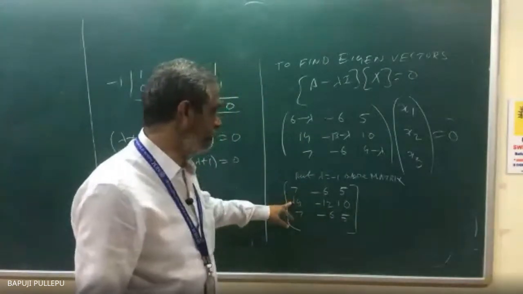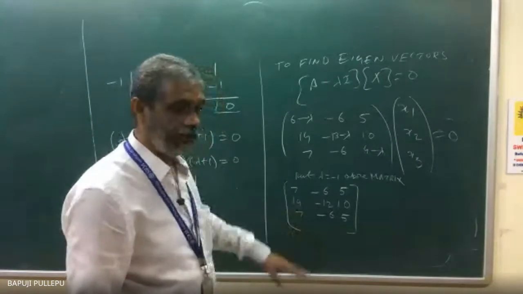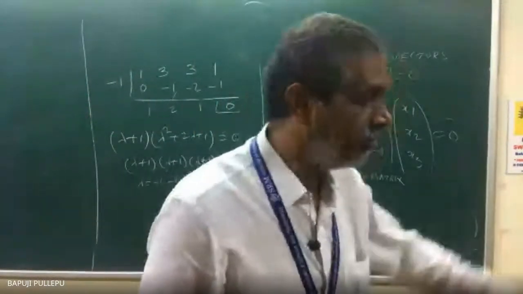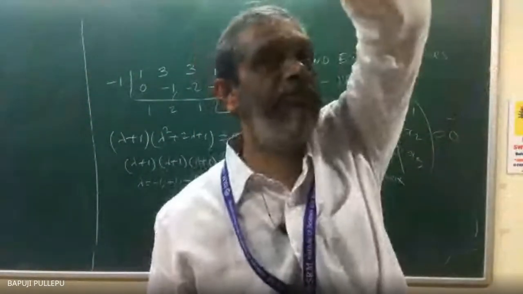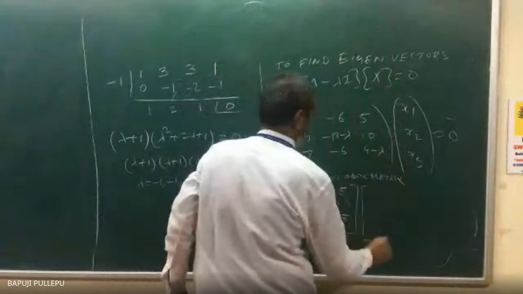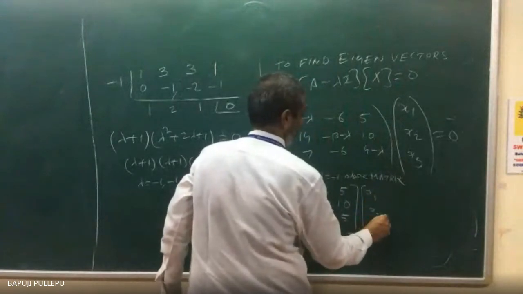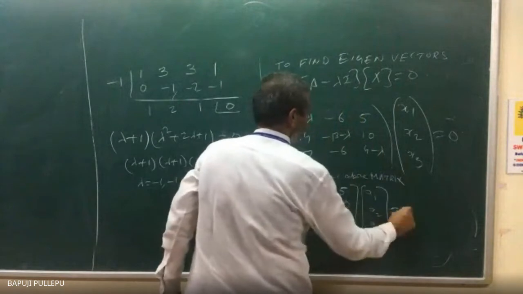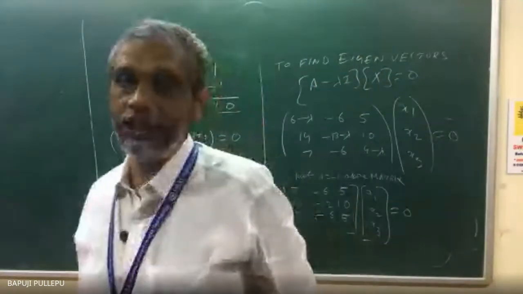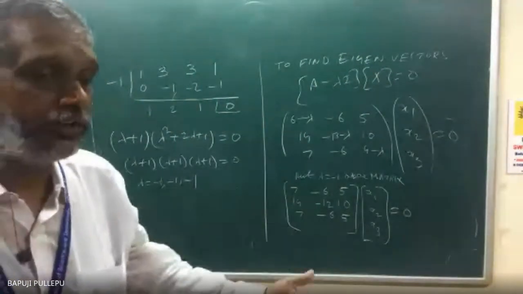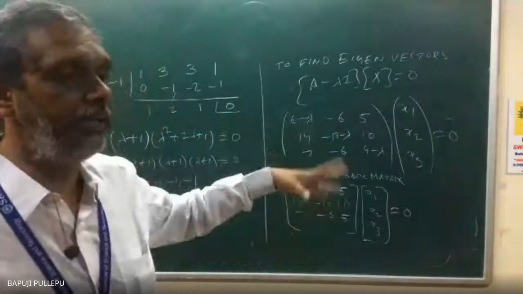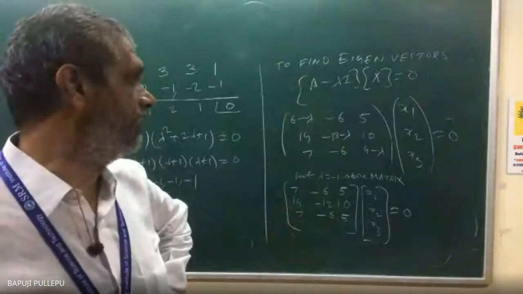First fellow multiplied by 2 gives the second fellow. First fellow multiplied by 1 gives the third fellow. There are no three fellows. Same fellow in different dresses, standing in different positions. Morning here, evening there, afternoon somewhere. Actually only one fellow is standing in different stages. Correct? So, as I told, for finding the eigenvectors, if two equations are same, you don't take both. Of three equations, if two are different, you can take those two. Suppose all three are same, then that rule of cross multiplication we cannot do. Now you can frame the equations.